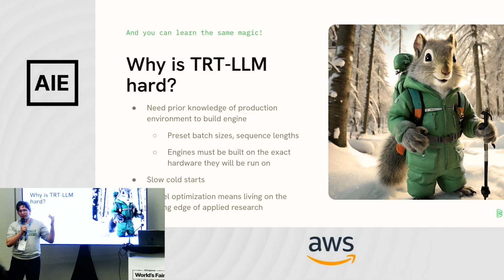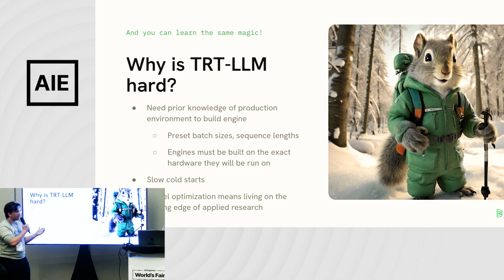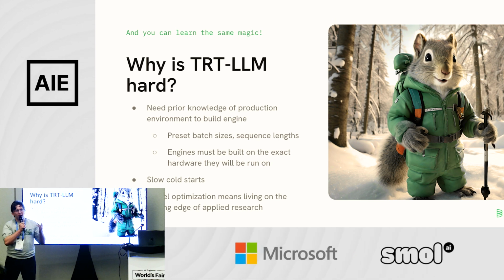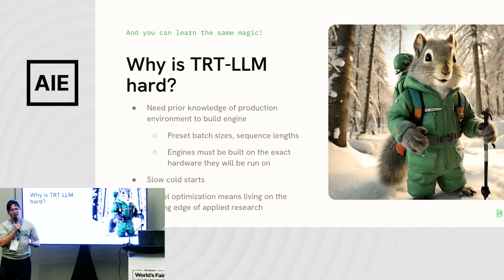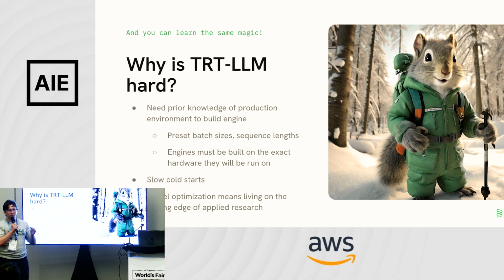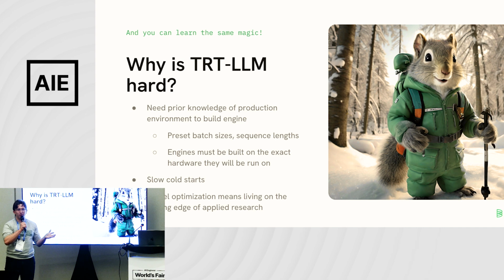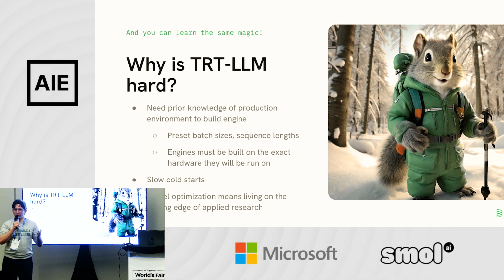To relate that more concretely to TensorRT-LLM, you need information. Like we talked about, you need to understand the sequence lengths you're going to be looking at and the batch sizes you want to run at. You also need to know ahead of time what GPUs you're going to be using in production. These engines we're building are not portable. They are built for a specific GPU. If you build it on an A10, you run it on an A10. If you build it on an H100, you run it on an H100. You want to switch to H100 MIG? Okay, you build it again for H100 MIG. So you need to know all of this information about your production environment.